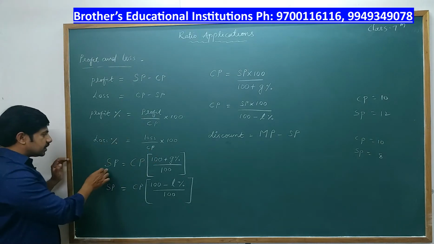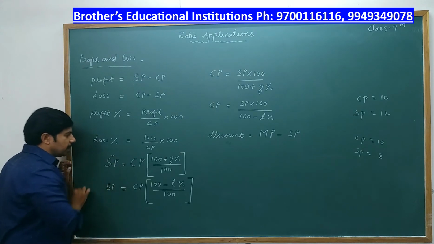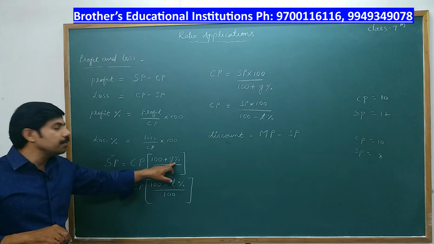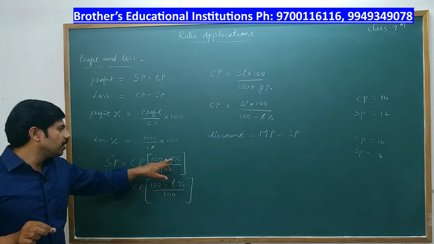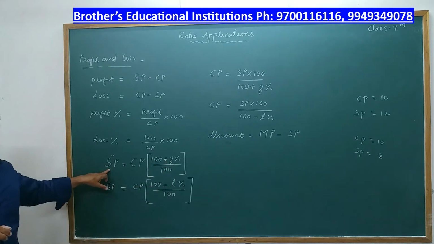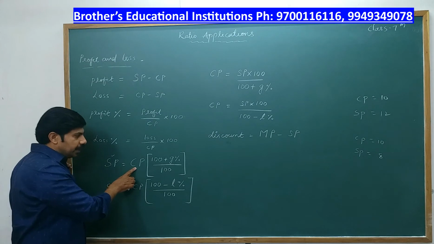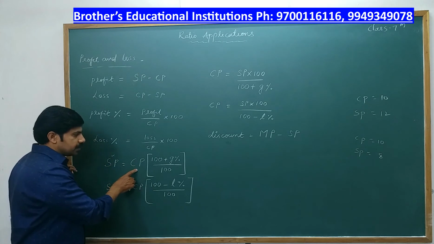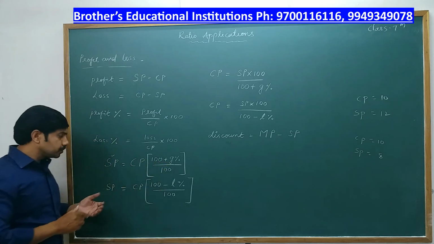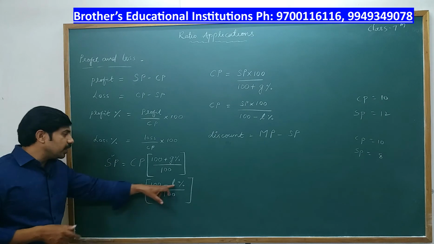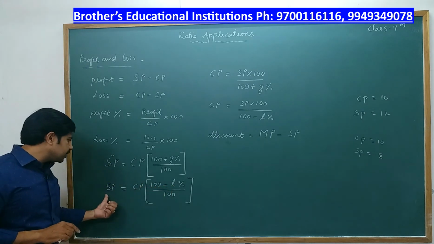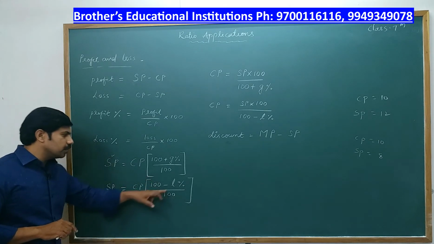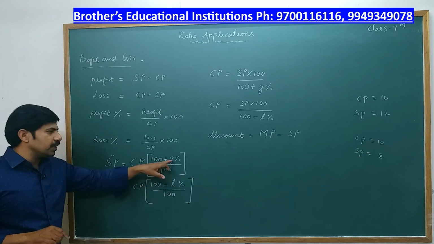But now it is selling price. Now again we have the selling price. We have to use the selling price when the gain percent is given. In the problem it will be mentioned when the gain percent is given, how to find the selling price. So selling price is equal to cost price into 100 plus gain percent by 100. Next, again the selling price when the loss percent is given in the problem: selling price is equal to cost price into 100 minus loss percent by 100. You have to use this when the loss percent is given. The above one we have to use when gain percent is given.